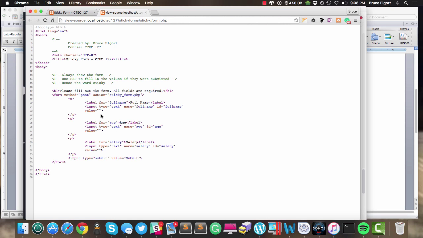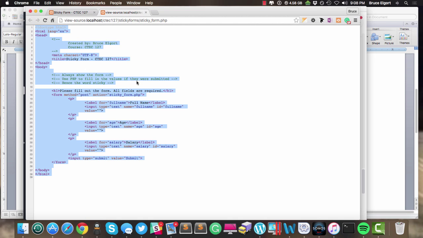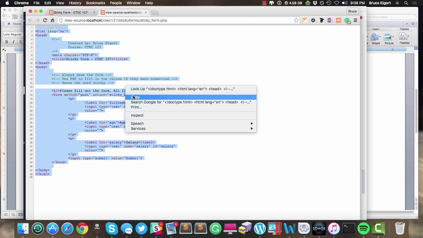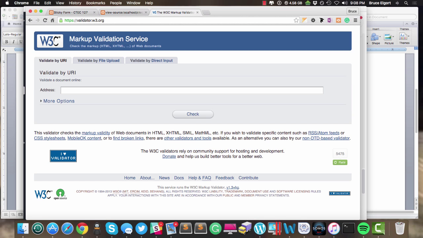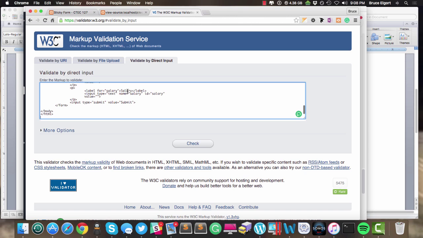Just realize that in this particular example, there's nothing really dynamic going on here. But then again, my PHP script generated this HTML. Let's just roll with that for now. And now I can just highlight that code, right-click, copy it, go to validator.w3.org, click on the tab that says Validate by Direct Input, and paste in that HTML code, not PHP code, HTML code, the resultant HTML code after you run the script, and you hit check,